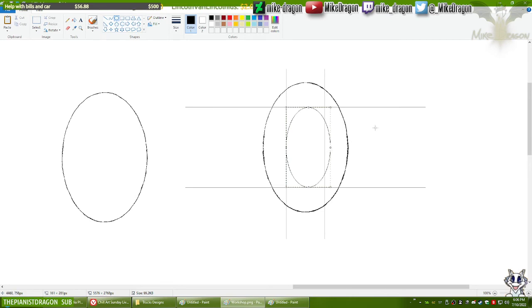Not as well as I intended, but overall it actually did. Did it? Let's see, let me erase these gray lines and find out. Yeah, that seems to be fine.